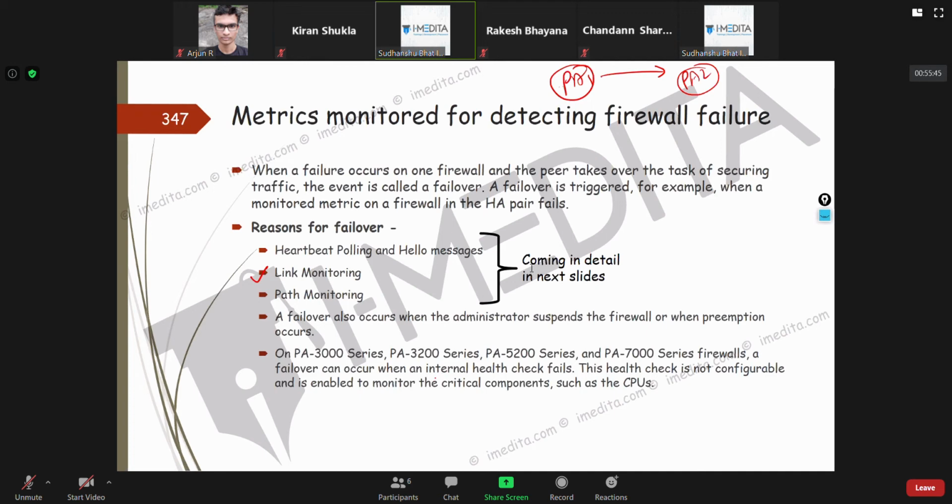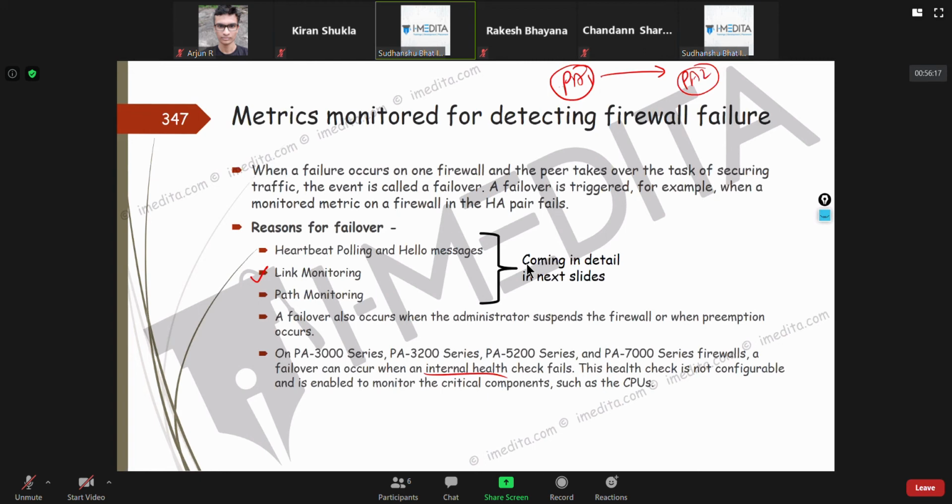Next, these firewalls have an internal health check, which is not configurable. Internal health check checks whether some disastrous thing is happening within the firewall, maybe a hardware failure of the CPU, or maybe a hardware ASIC failure.